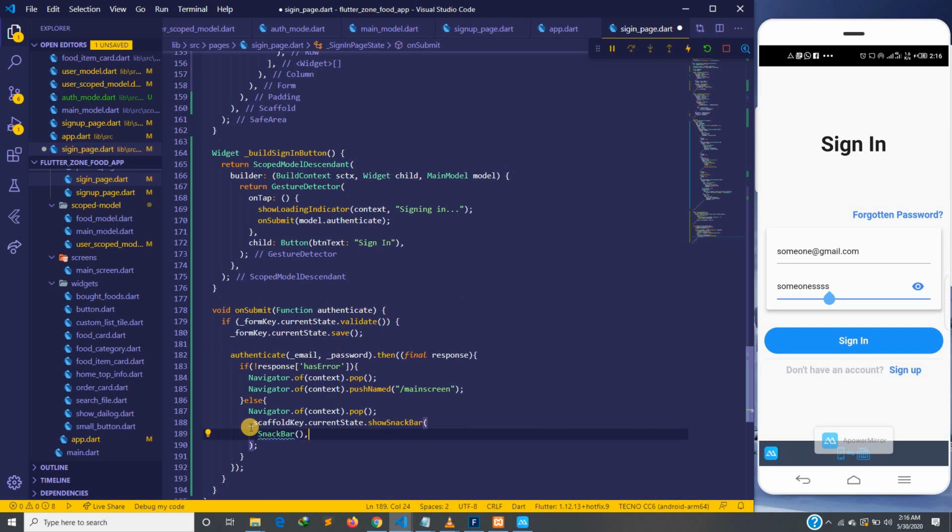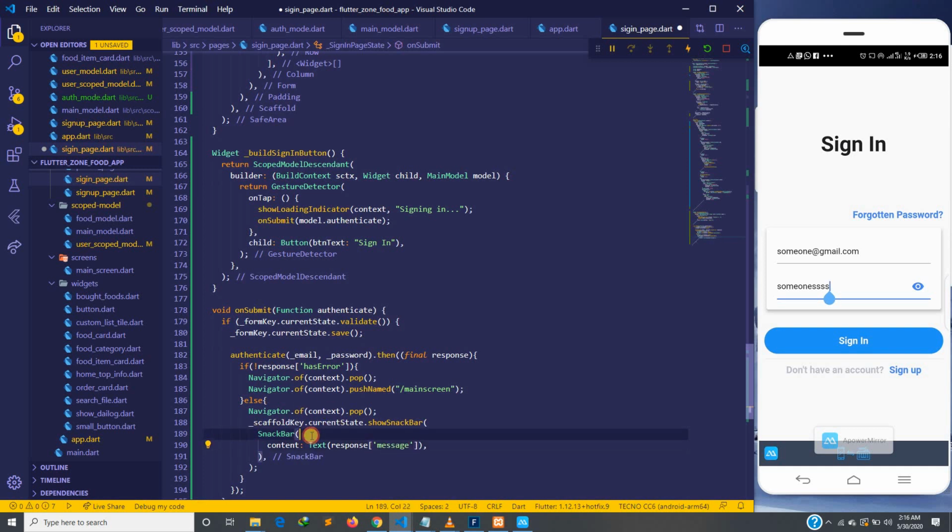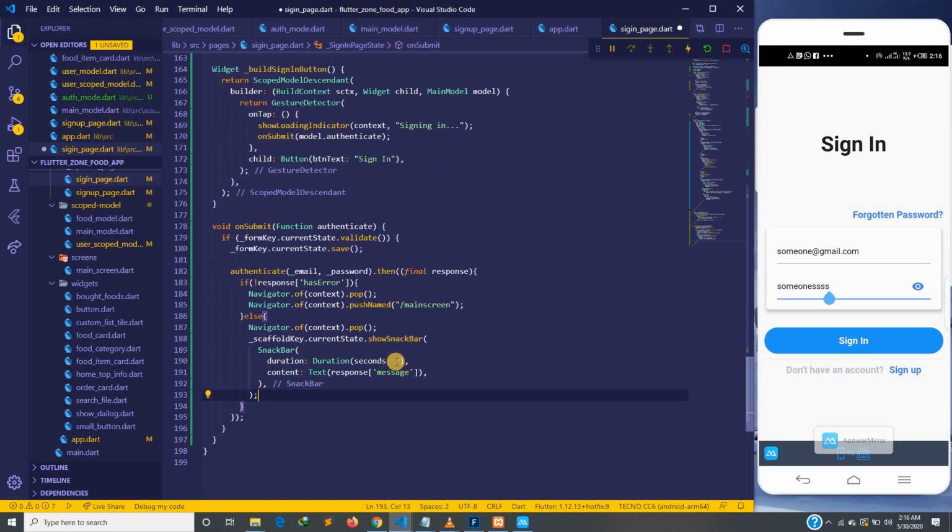Just snack bar here, and then we can put the content there and then put the text that we want to show, and then we want to show the message to the person. Okay, so we can go ahead and then put the message a response. Okay, and then put message there. Okay, we can also set the duration on the snack bar. So duration, mostly I set it to 2 seconds so that it doesn't delay, and